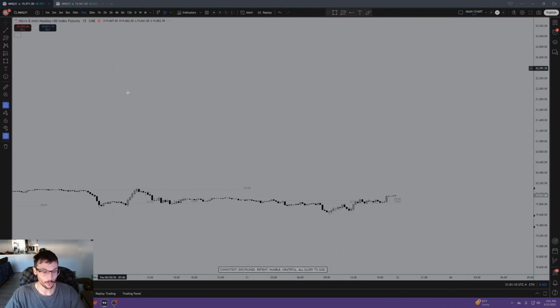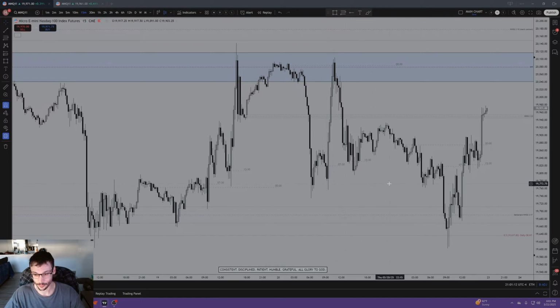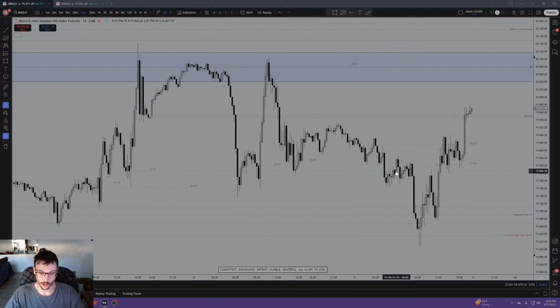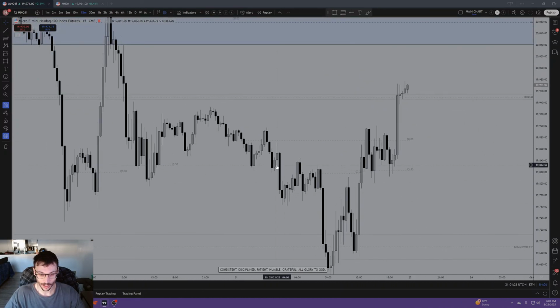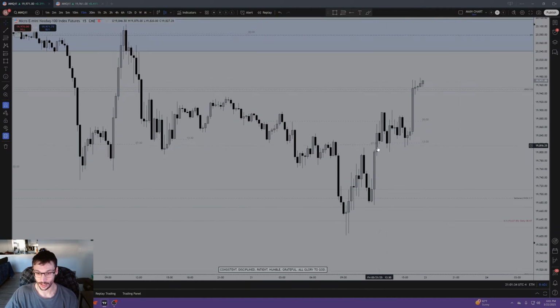The fair value gaps will appear on every time frame, and then you want to watch how price interacts inside of them, okay? So when price comes into a fair value gap and the bodies, this is a higher time frame. I'm on the 15 minutes, so it's a little bit less precise. I'm just trying to get a lot shown in here, but here's a good one. On the smaller time frames, it's much more precise, but